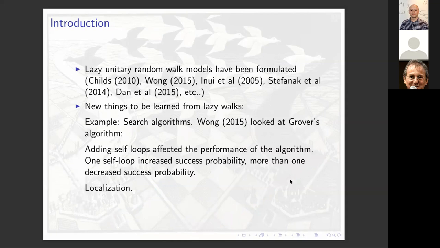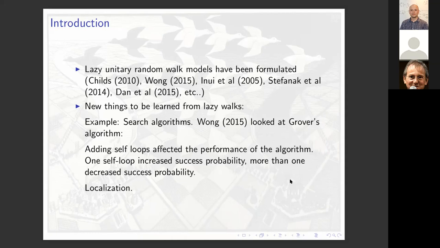So good. Now, the example that I just showed was for a non-lazy walker, right? By non-lazy, I just mean that every time the unitary is applied, there is no possibility of the walker staying put. There's no chance of the walker remaining on its site. So it has to move to a different position on the graph, okay?